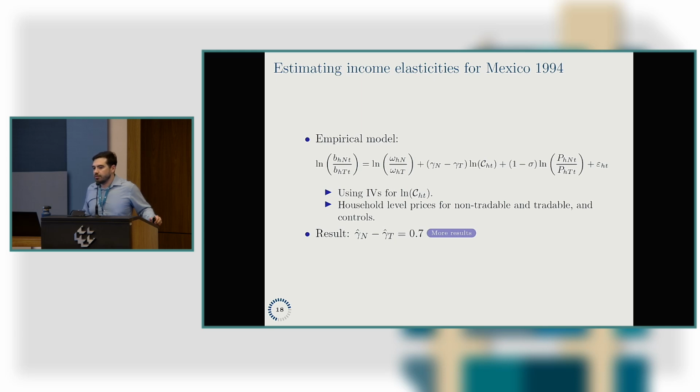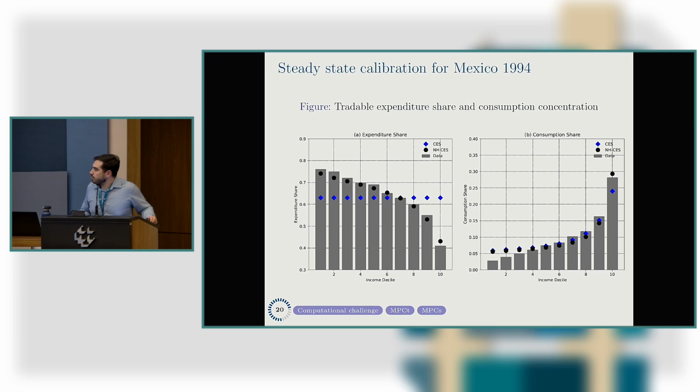And now what I do is a simulation of the model. So basically what I simulate is the increase in interest rate in the United States in 1994, before the large devaluation started, and then I show you the difference between homothetic and non-homothetic tradable and non-tradable consumption. What is the evolution with this model? The calibration, this is panel A, which replicates the figure that I just showed you. The blue line is homothetic preference. The black line is the model calibrated with non-homothetic CES. And also the consumption share is matched quite well.